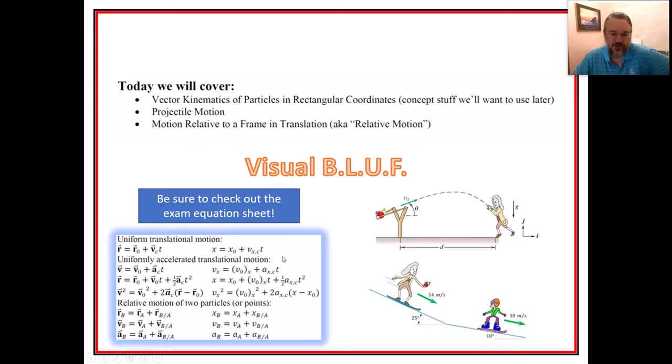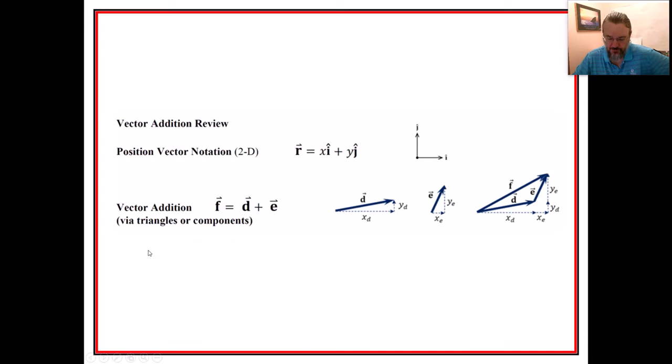For the equation sheet, this is the section that we're looking at. A lot of this is the same, but make sure we notice that there are going to be vectors going on here because we're going to be in 2 dimensions. So just as a review for vector math that you had in statics, let's start with position vectors. Go back to position vectors. And note that in 2 dimensions and rectangular coordinates, we have a position vector,